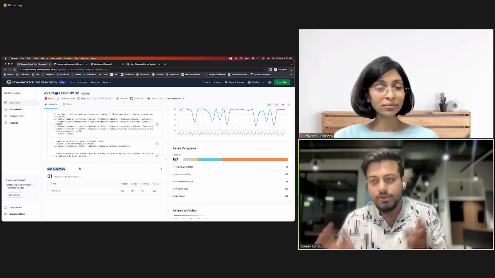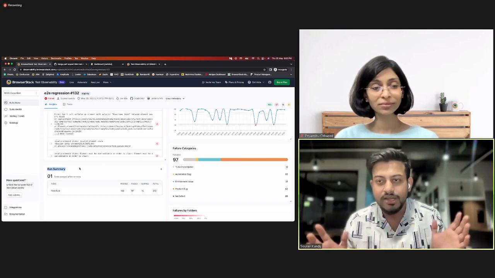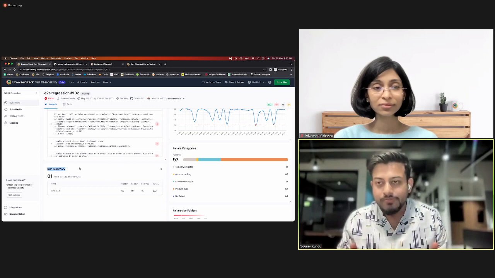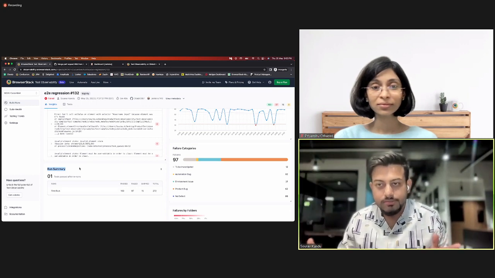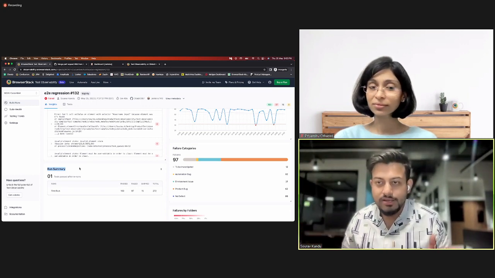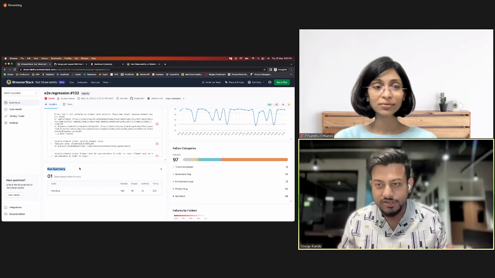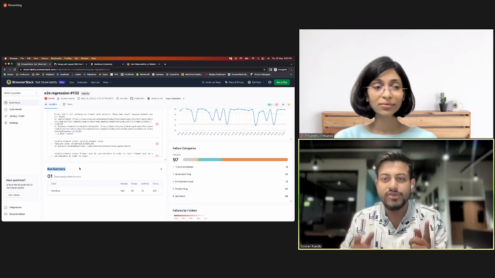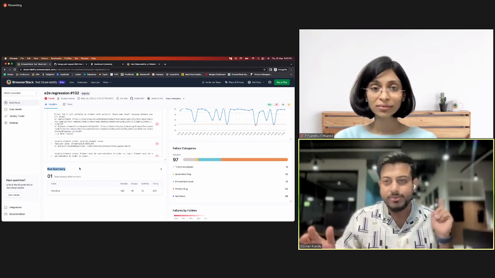Now, this is another cool thing that no other reporter in the market or no other open source tool will give you, right? Let's say you do one run and then you do a rerun and then you do a second rerun. So now you have 3 reports. We don't want that, right? It's one regression run. You want one report. You want one report with the latest results. You can do that with test observability.